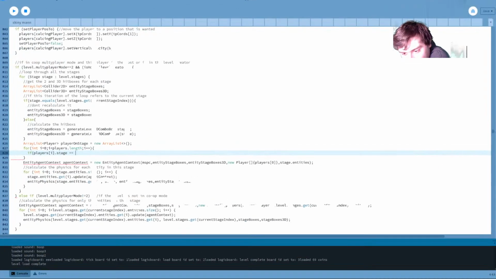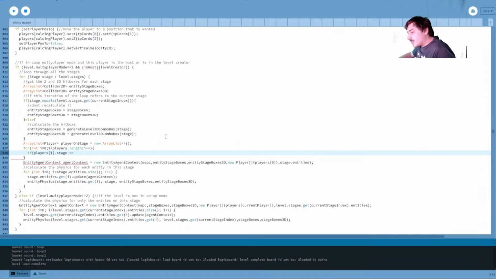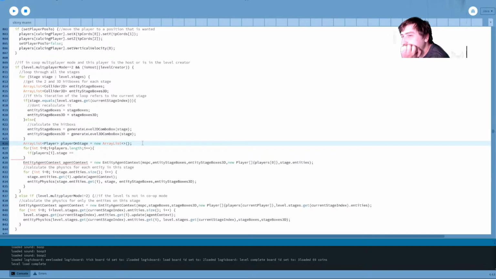Alright, so the only thing I can think of, let's turn that off, the only thing I can think of is we gotta figure out which stage is the current stage before this loop. Another loop!